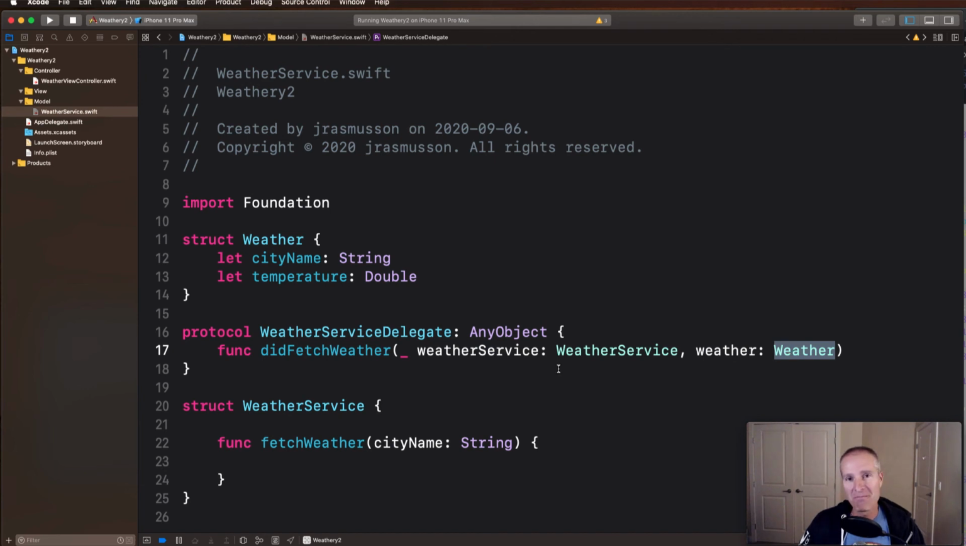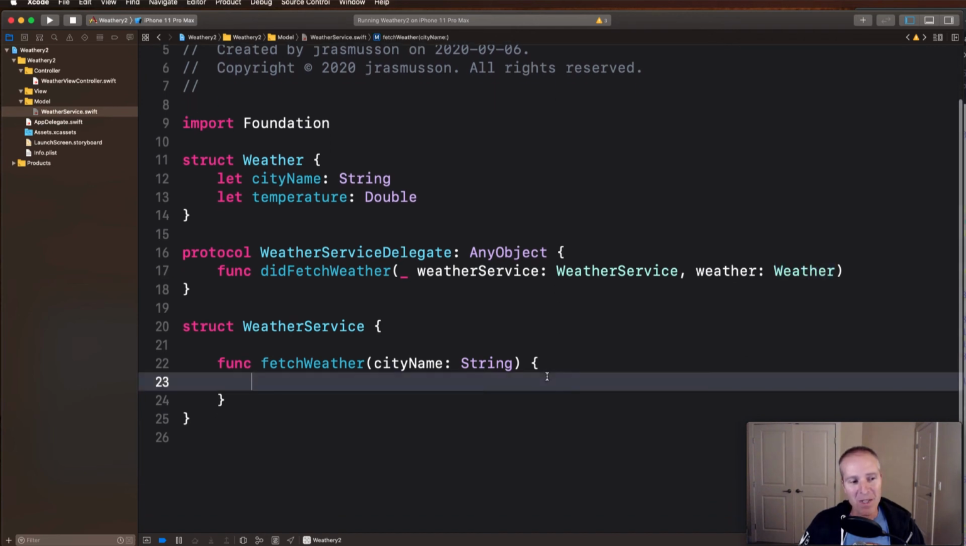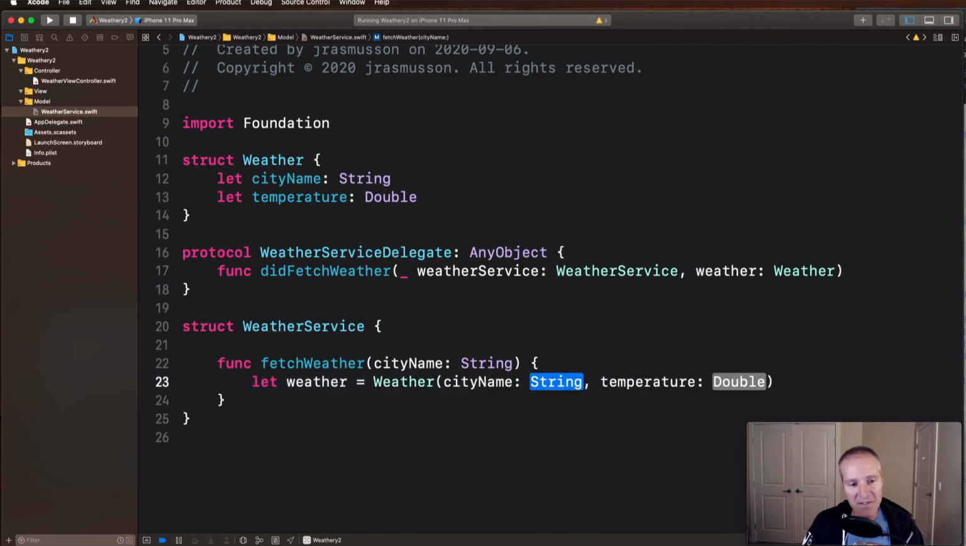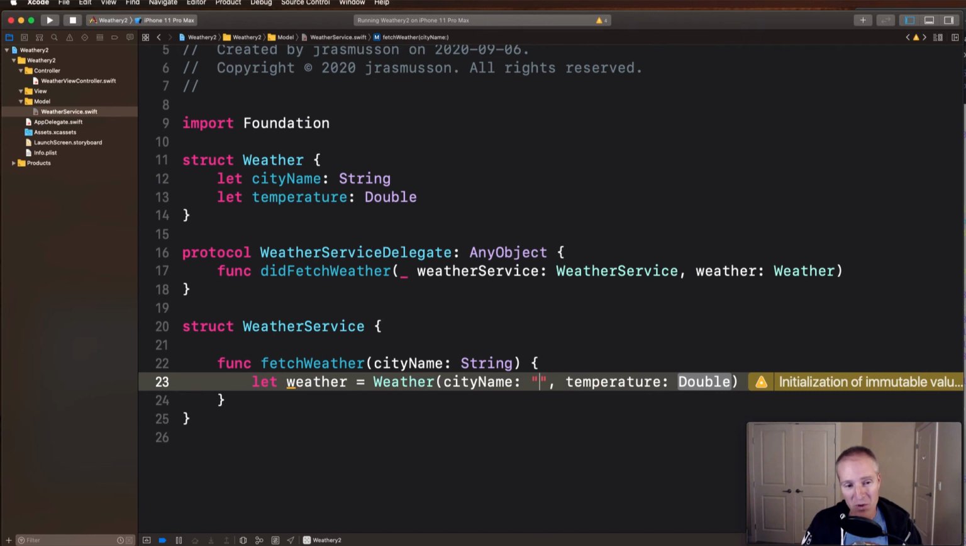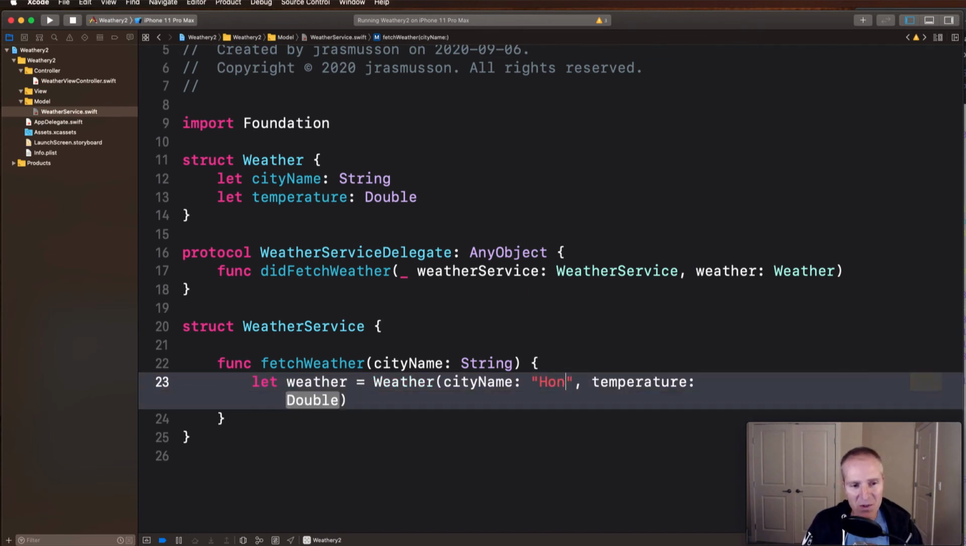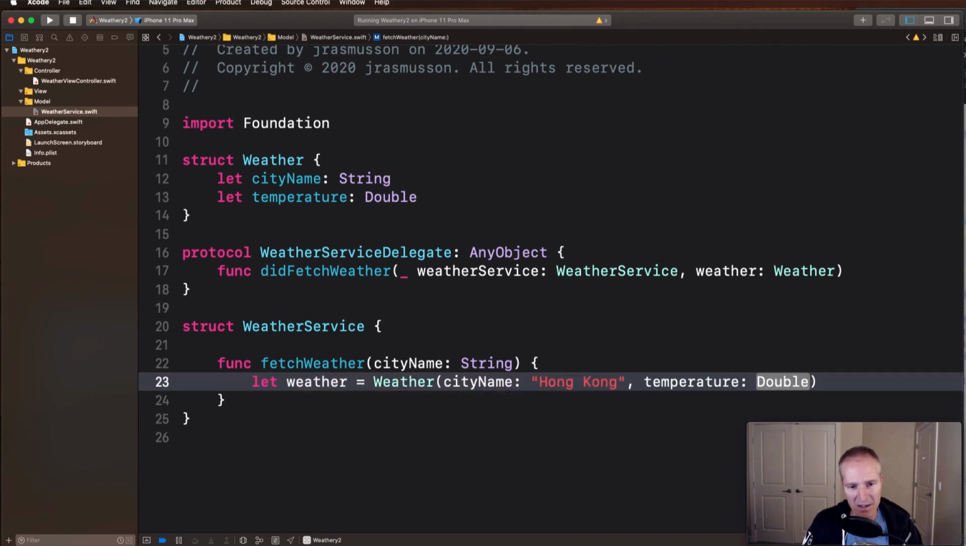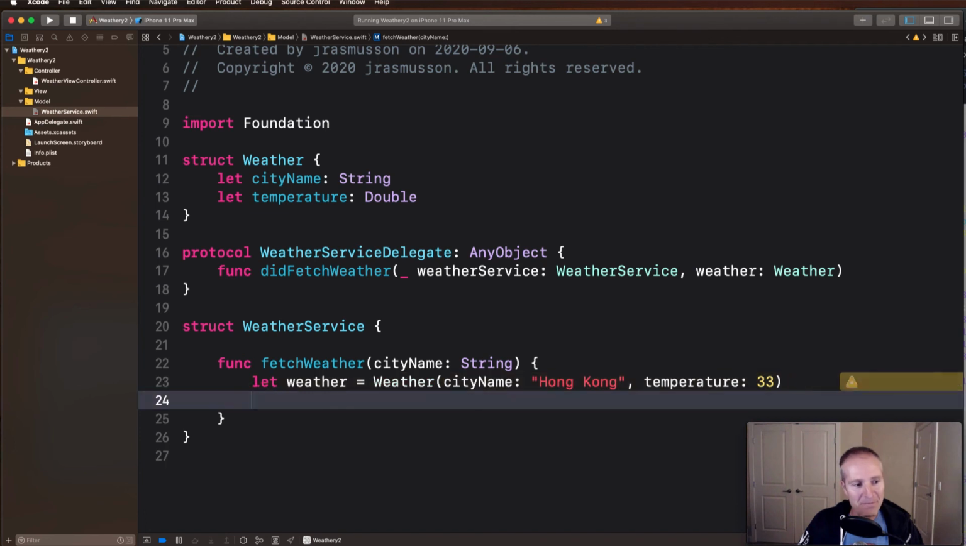Now, of course, how are we going to do that? We're just going to fake it for now. I'm going to create a new weather object here from our struct, and I'm just going to give it some different names so we know that this is actually being passed back as part of the protocol and something different. So let's go to a very different city. Let's go to Hong Kong. And let's say it's a hot day in Hong Kong. And let's make the temperature 33 degrees. Whew, pretty hot. So we've got the weather, but we need a way of passing it back to the delegate